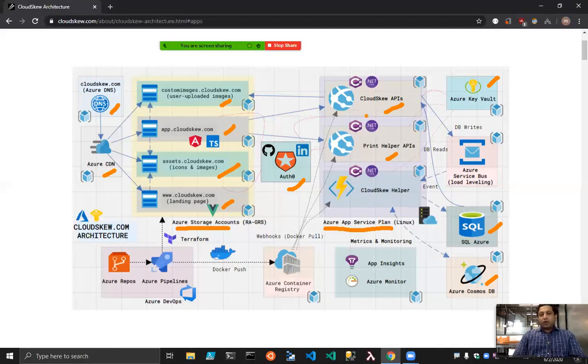Now, because we have autosave enabled, every time the user modifies the diagram, drags an icon onto the canvas, or modifies some text, it sends a whole bunch of save requests. So that tends to overwhelm the database. So what we've done is we've used a couple of things to smoothen out the load. On the front end side, we use debouncing. We debounce the calls to the server, and on the back end side, we use queue-based load leveling.